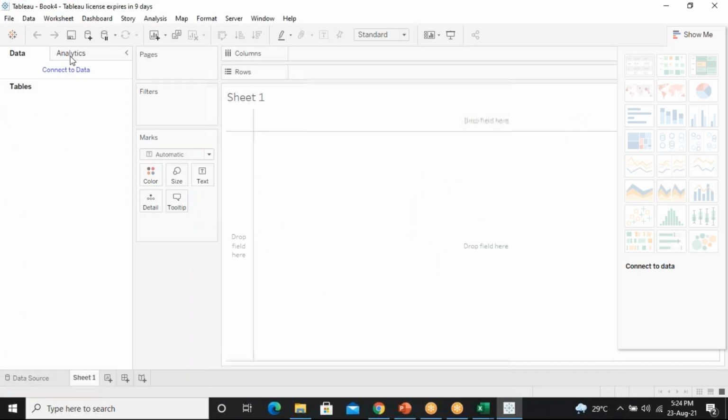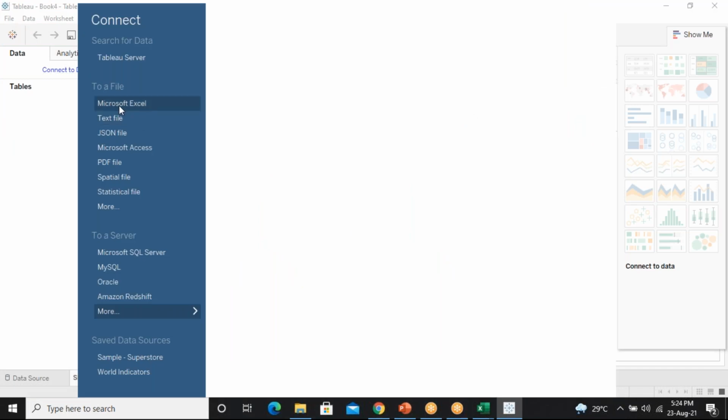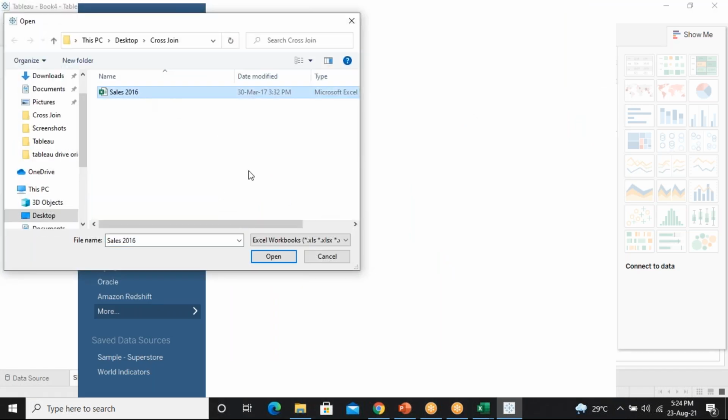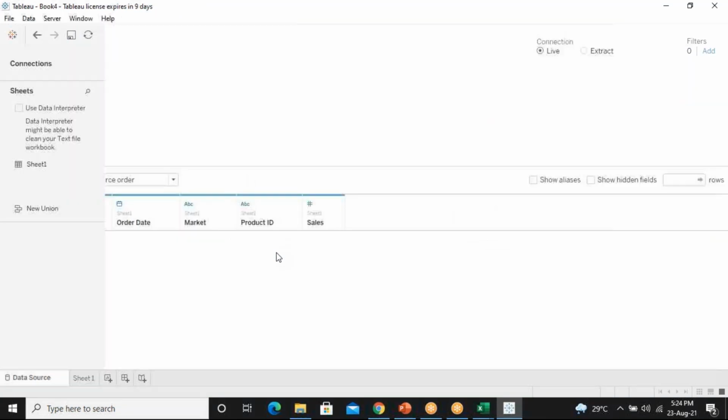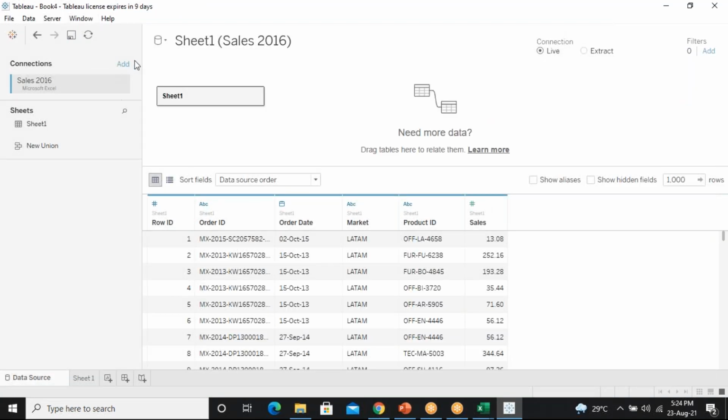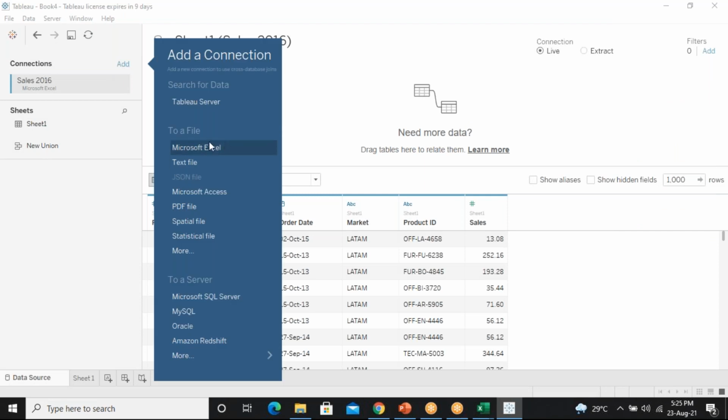So now first I will open Excel. I'll take sales 2016 and then click on add. So product is nothing but what type of file? Is it an Excel file or text file? Text file. CSV is nothing but comma separated file. It's nothing but text file. Just click that